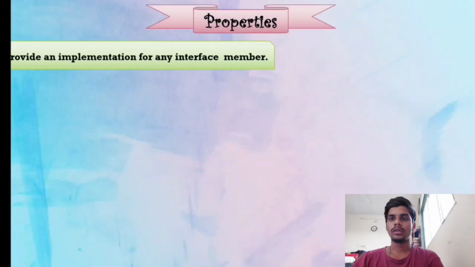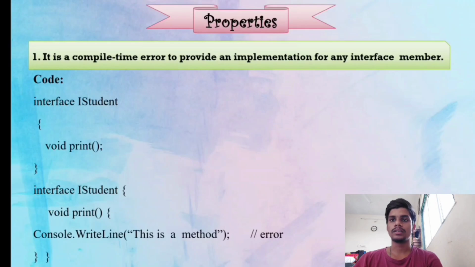So today I am going to explain properties of interfaces. Coming to the first code, this code shows an iStudent interface. The first version correctly declares the method print without implementation. The second, incorrect one tries to implement print inside the interface, causing an error since interfaces can't have method bodies